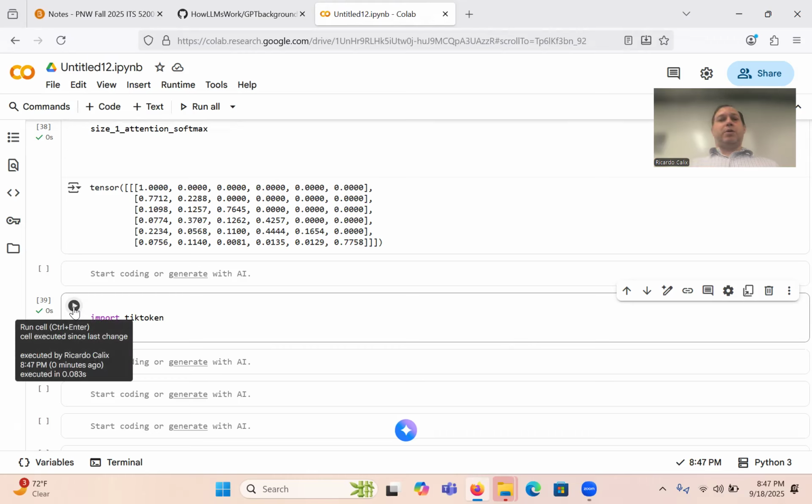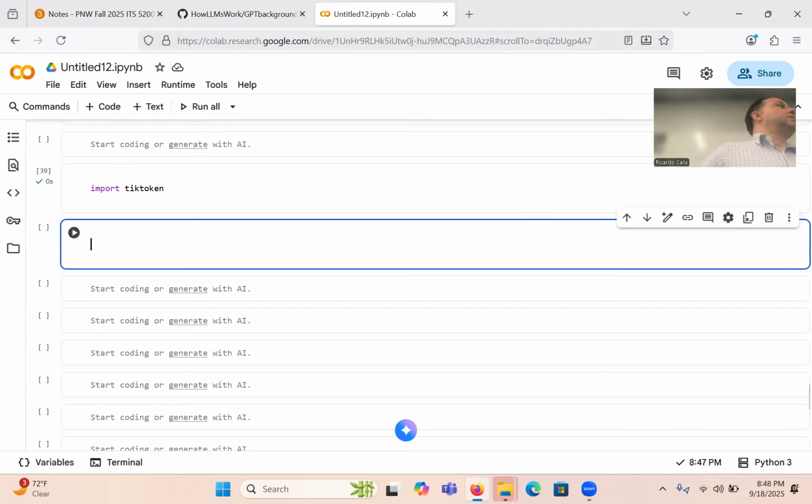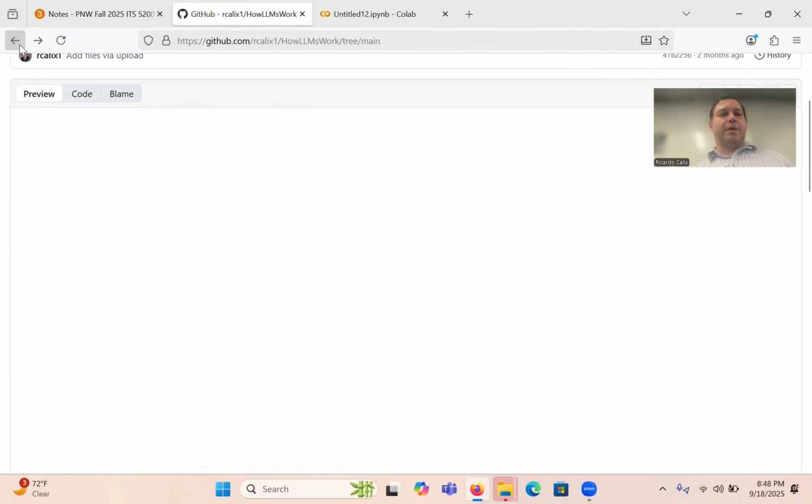So what is the point of tick token? Tick token is how you convert text to integers, to numbers. The transformer cannot take in actual text. That doesn't work. We know that the IDs are going to be converted into embeddings of size 512 or whatever it is. But before that, if you remember in a lot of my previous examples, I created a lot of integers, right? Randomly. So if you remember in this script here,